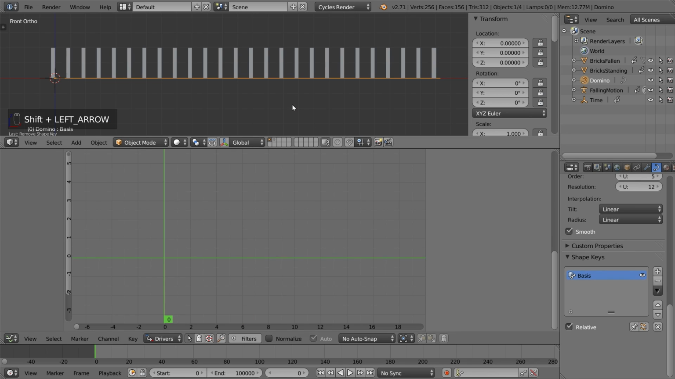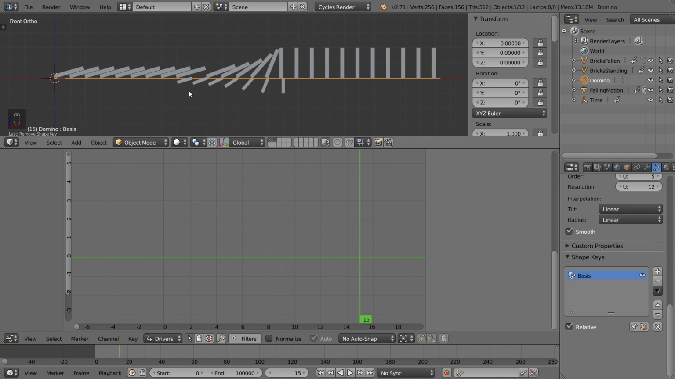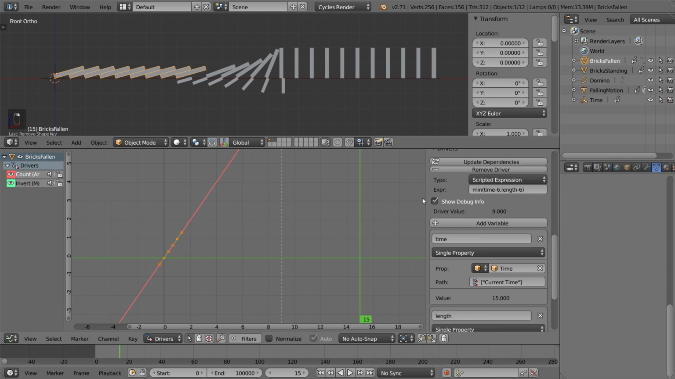With that done, we can activate both the first and second layer to see how the two combine. Since both of them are already driven by the same property, current time, we won't have to do anything to keep them in sync time-wise. However, when we move along the timeline, we can see a problem with the fallen bricks. They are constantly one brick after,